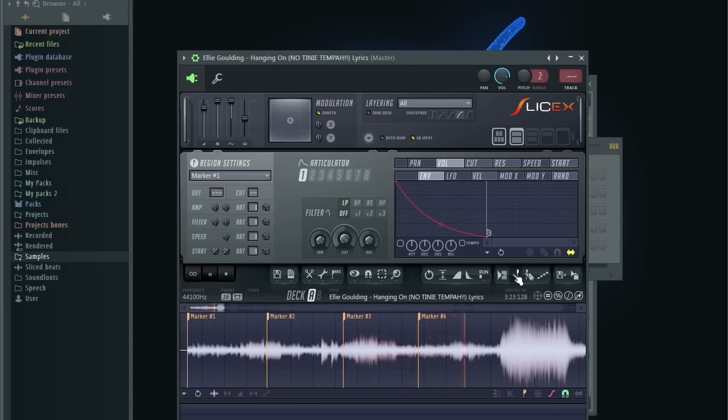Okay, so that's basically how you do it. Feel the rhythm and count with it. You want to use this button to cut if you're not familiar with Slice6. Here's the button right here, and just click it and it's going to add the marker, and that's how you cut.